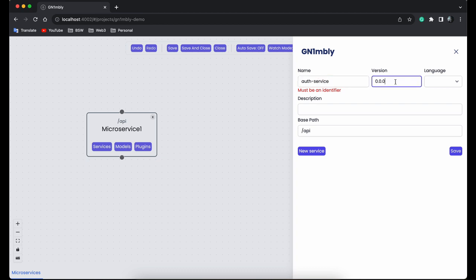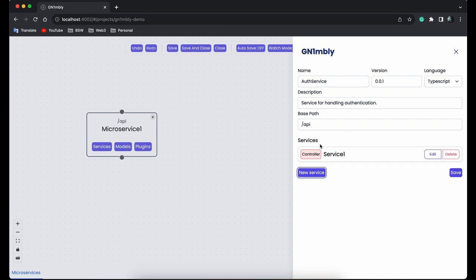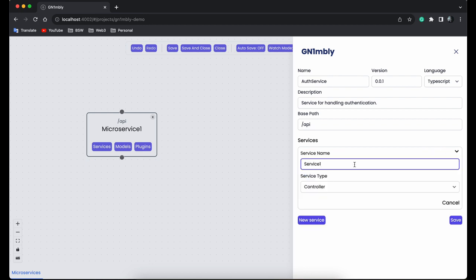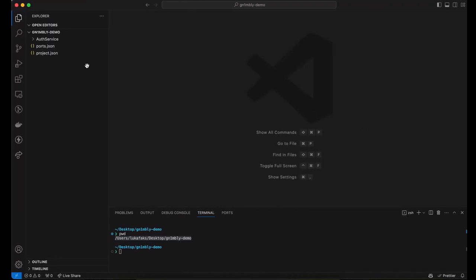service. Let's have it. Must be an identifier. Okay, it has a validation. And let's say it's in TypeScript. Right. Okay. So while we're creating the microservice, we can of course also create some additional services like controllers. So this could be like auth. If I hit save, it's going to be created, and then I hit save, and it's going to generate